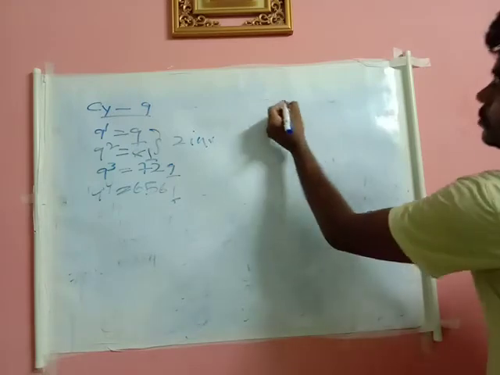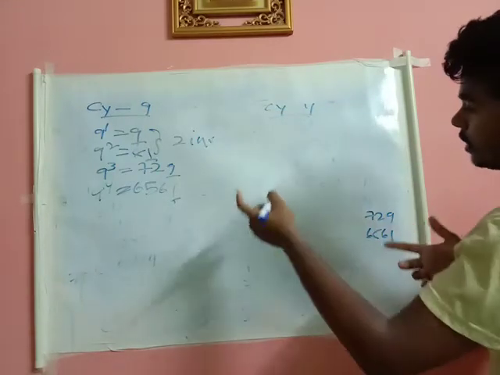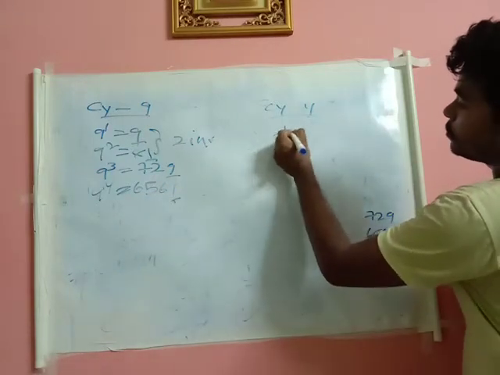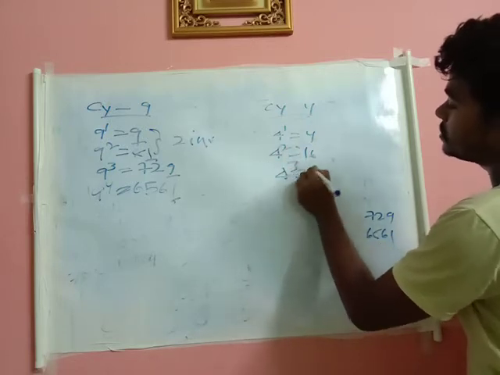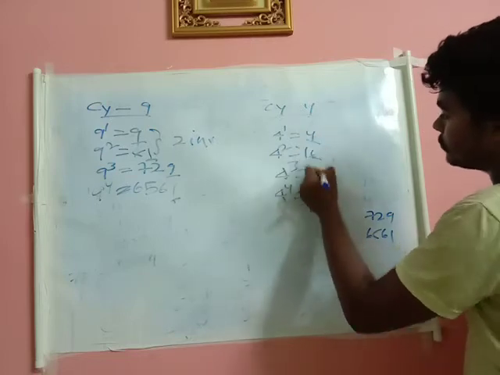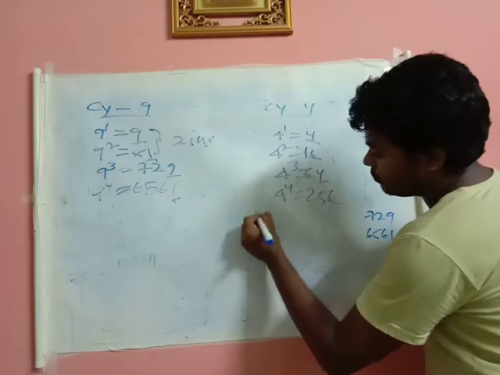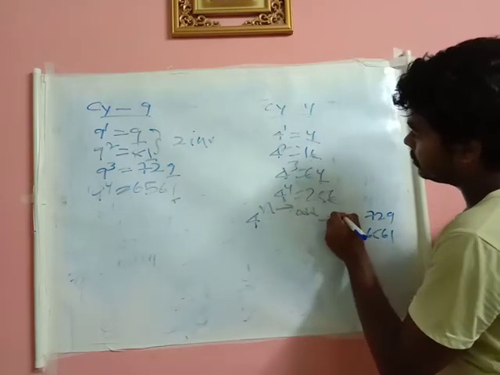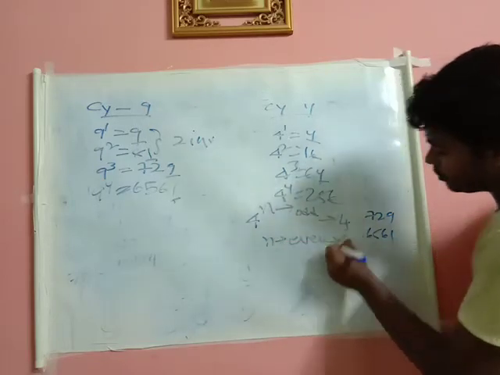Now you just look at cyclicity of 4, which I have already discussed. What is cyclicity of 4? 4 power 1 is 4. 4 square is 16. 4 cube is 64. 4 power 4 is 256. See, 4, 6, 4, 6. So the cycle repeats for every 2 intervals. What I told is, if you take 4 power n, if n is odd, the unit digit is 4. If n is even, the unit digit is 6. I told you in the last class.